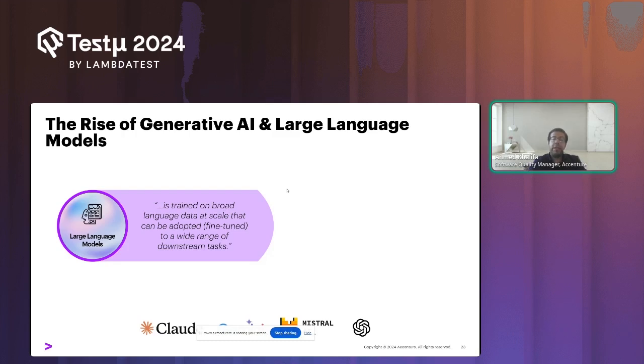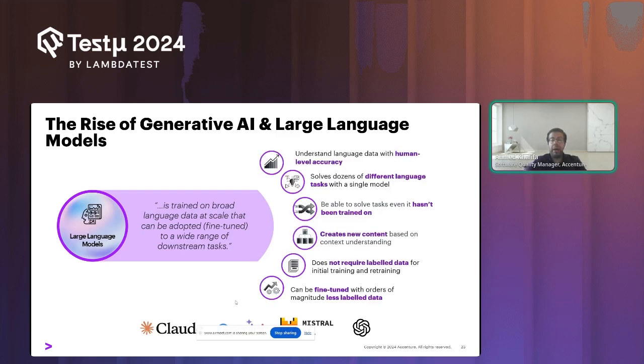And this was very important to understand, because now we have open source models and closed models like OpenAI and Gemini, and these large language models are trained on millions of data and able to do a lot of tasks, right? So they are able to do reasoning tasks, and to understand the natural language that you give to these models.